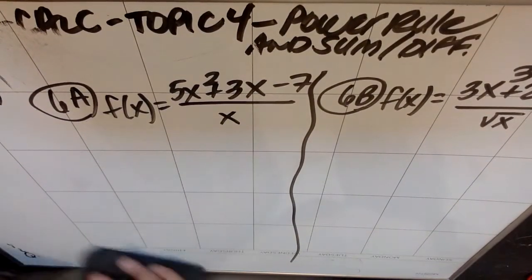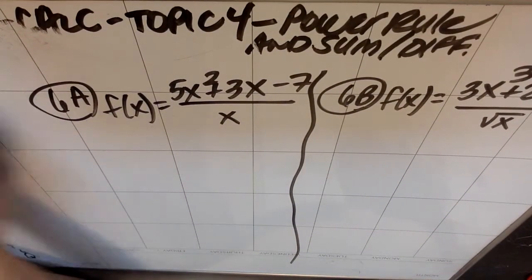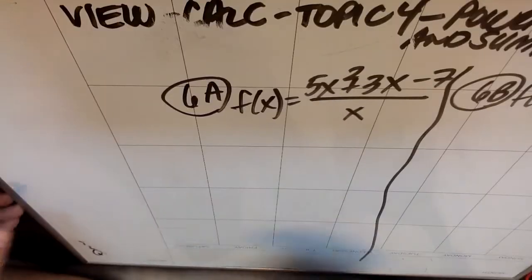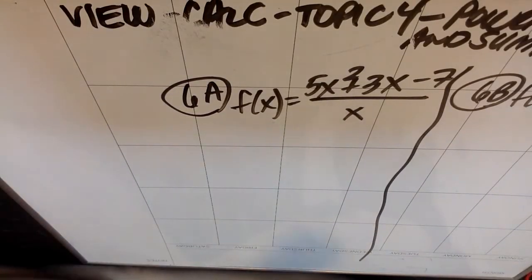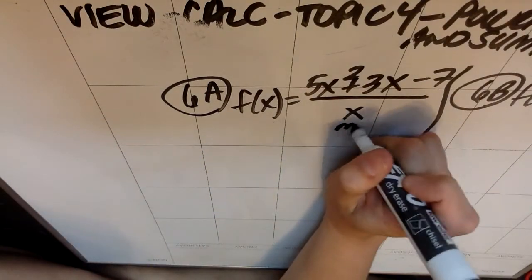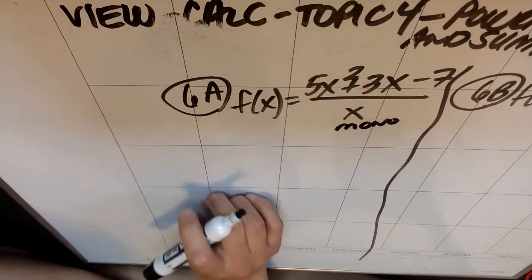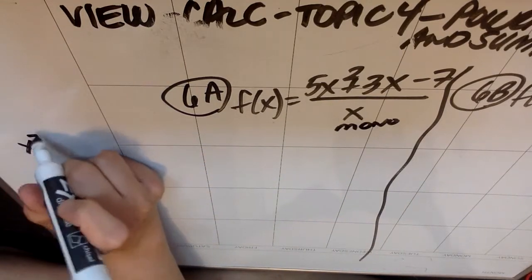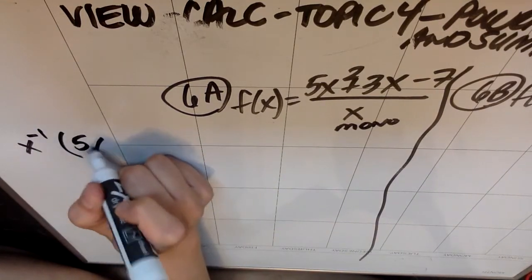So there are 2 ways to think of this, okay? And I'm going to buy myself a little bit of space because I might need it for 6b. We'll see. Okay, so there's 2 logical ways to think about this. You can either, because this is a monomial, right? This is a monomial, it's a single term. You can think about it either by flipping that up and making it multiplication by x to the negative first,